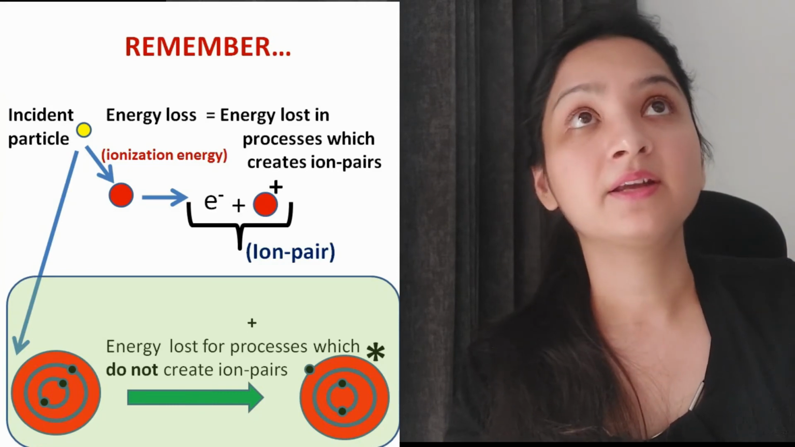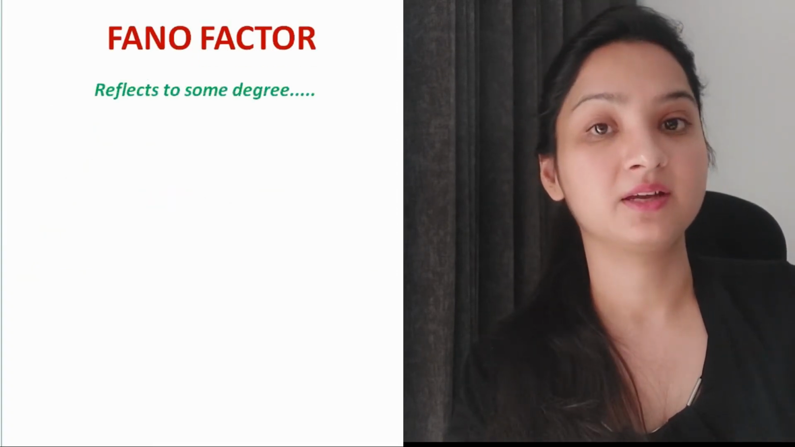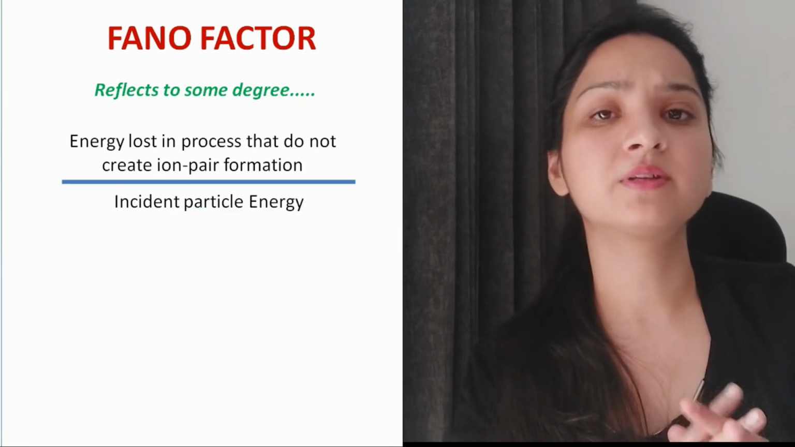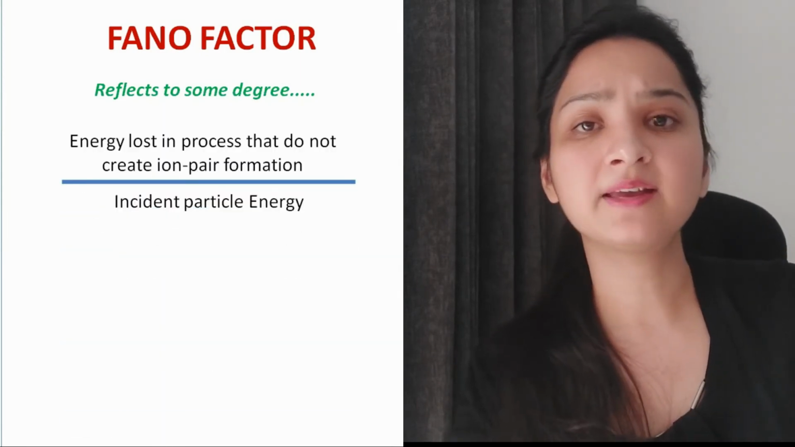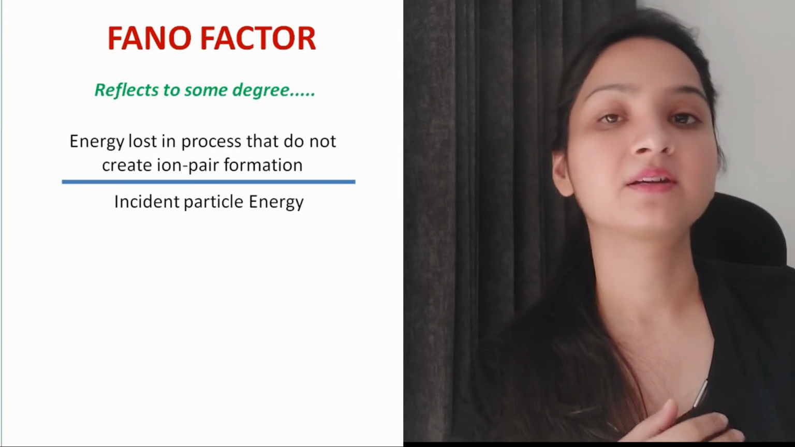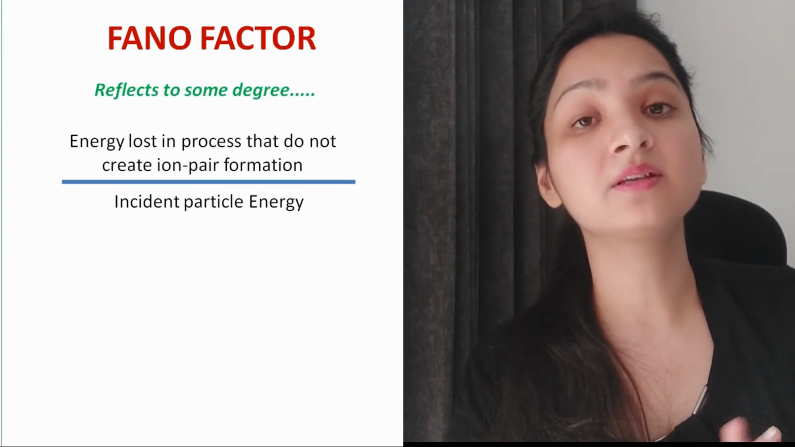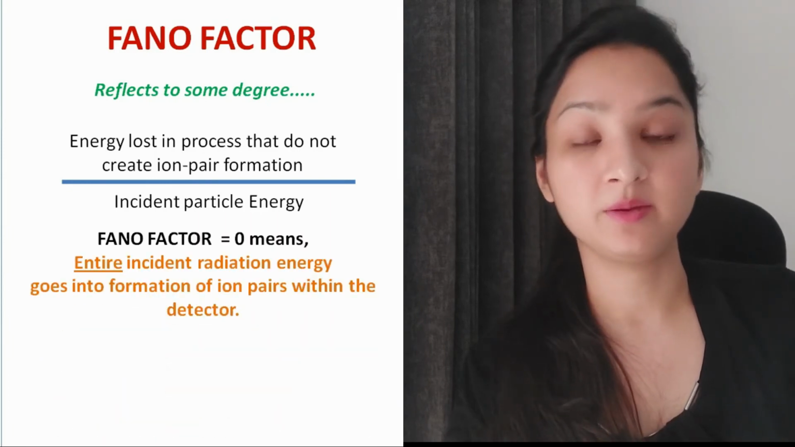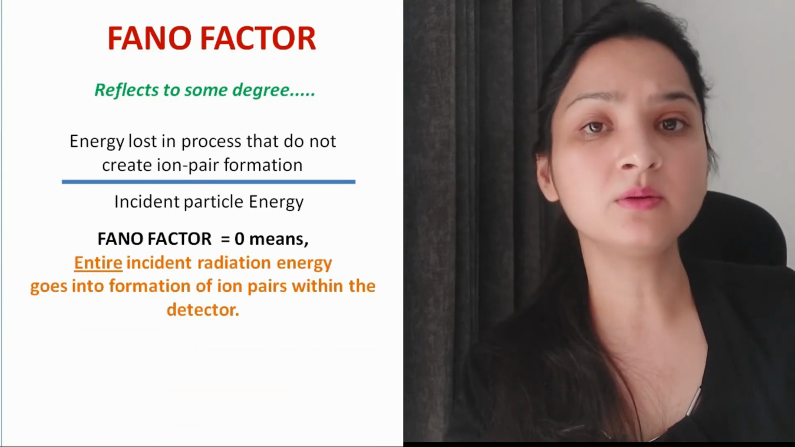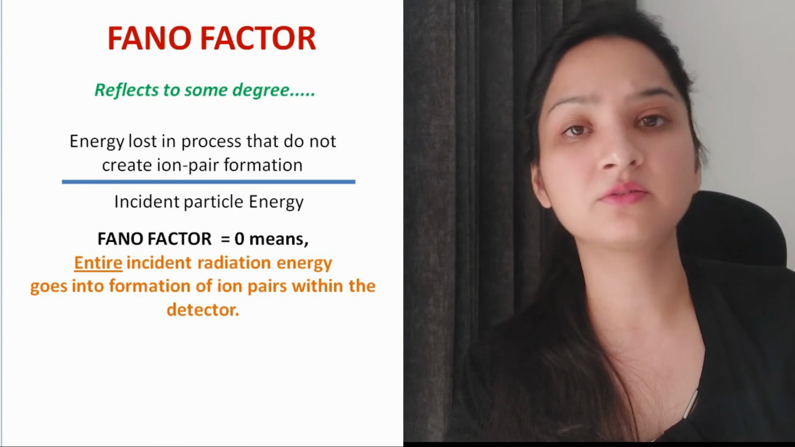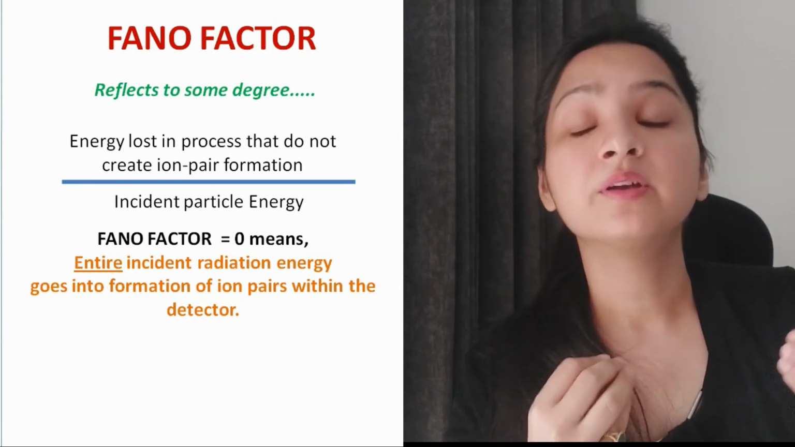तो ये जो फैक्टर है, अगर ये न्यूमरेटर में आ जाए डिवाइडेड बाय द टोटल अमाउंट ऑफ इंसिडेंट एनर्जी, ये कोई फ्रैक्शन आ गया, इसके बारे में आई थिंक ये फैनो फैक्टर बता रहा है, इंडिकेट कर रहा है। नाउ इफ नो एनर्जी इज लॉस्ट इन प्रोसेसेस व्हिच लीड टू द फॉर्मेशन ऑफ आयन पेयर्स, दिस फैनो फैक्टर विल बी जीरो, बिकॉज एनर्जी लॉस इन दिस न्यूमरेटर जीरो हो गया, फैनो फैक्टर जीरो हो गया।